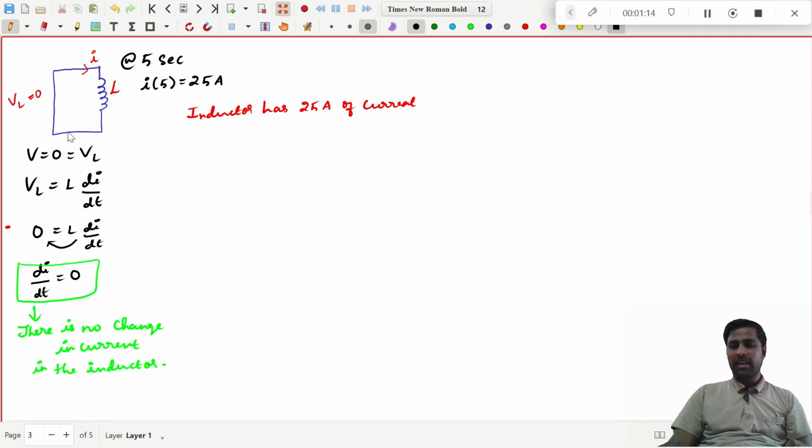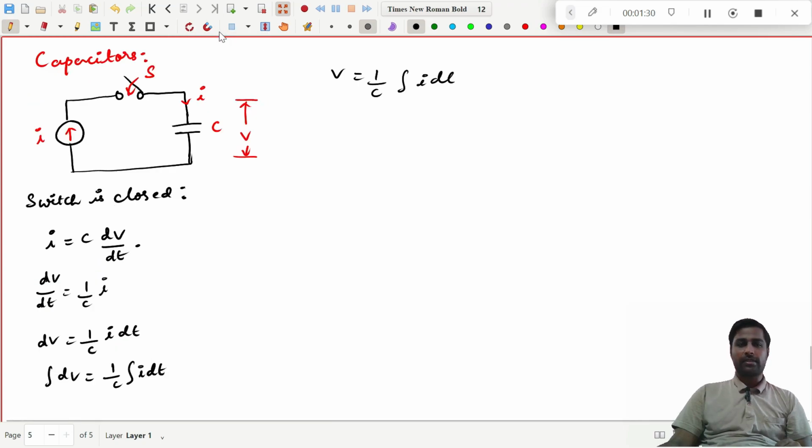And with that, we have understood that this inductor is capable of storing energy, and how much energy it is storing, that is what we are going to see in this